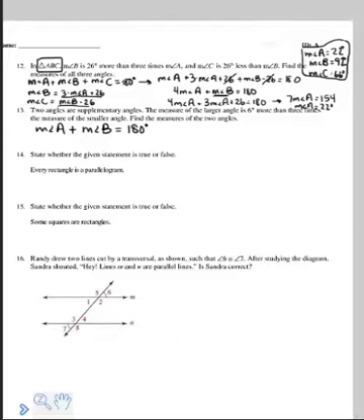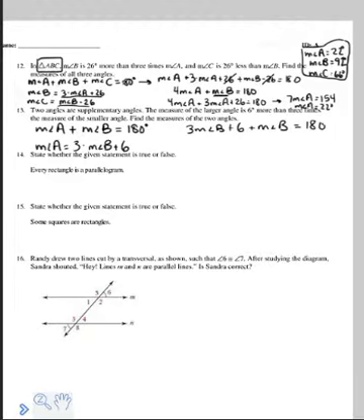So the measure of the larger one, angle A, is 6 more than 3 times the measure of the smaller. So 3 times the measure of angle B plus 6. This question is a lot like number 13, just less than 10, so not as much to do. So making the substitution into the measure of angle A, we have 3 measures of angle B plus 6 plus the measure of angle B